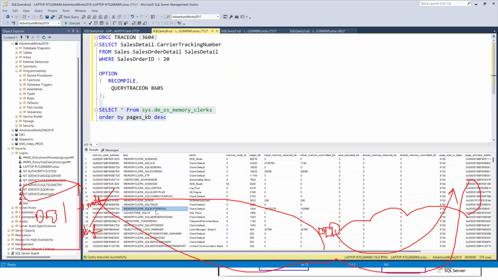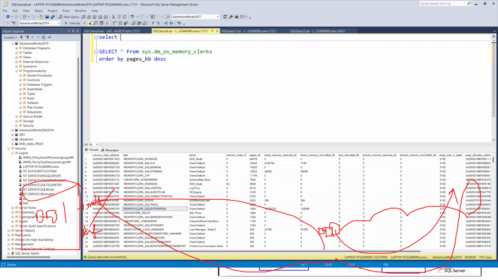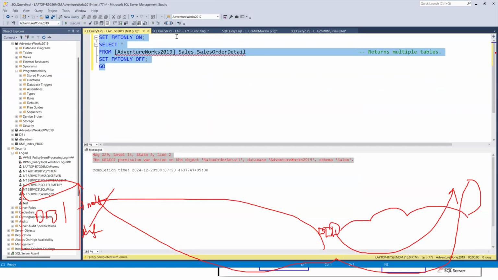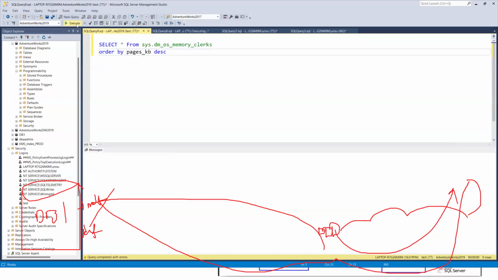Now see, my buffer pool is sitting a little idle, not that much size is consumed. Now, for example, I can do one thing. Select star from sales.sales order big table. I'm running this table. Now copy this one. Now my buffer pool is sitting at the 6th to 7th position. Now when I run this query,